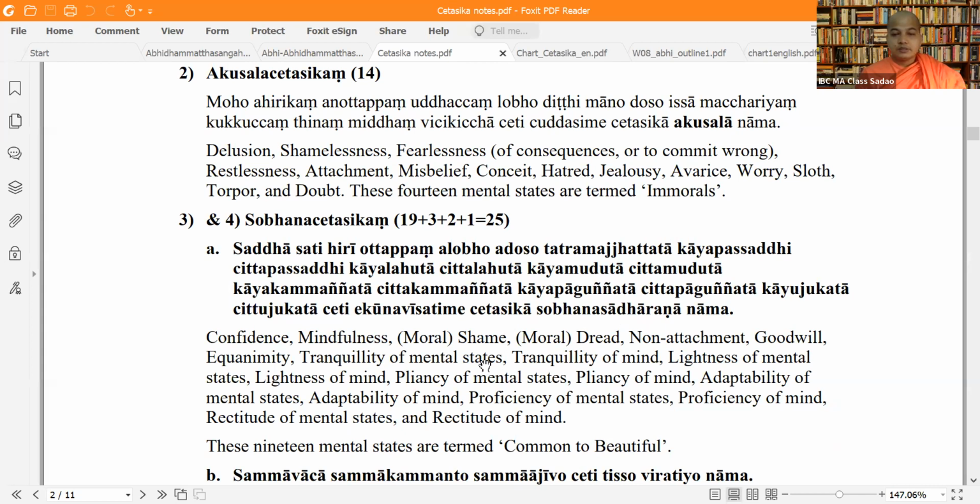So they are regarded as Sobana Sadharana. Sobana Sadharana Chetasika means common to beautiful. So these are the mental factors common to all kinds of beautiful